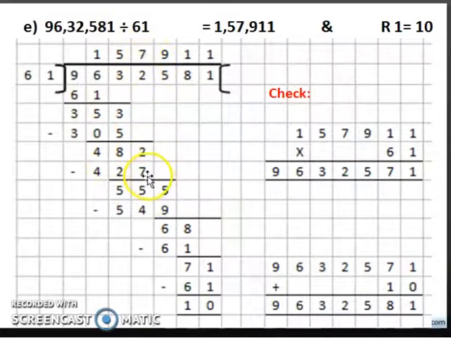So 7 1s are 7 and 7 6s are 42. Subtract, you will get 55. Copy down 5. Now 8 6s is 48. Right? So 488. It is 2 less. Try with 9. 9 6s is 54 and 9 1s is 9. So you again got 549 by multiplying it by 9. You can use your rough column here, or if your mind can do it orally, you can do that. Subtract it, you get 6, copy down 8, 1s are 61, minus करके 7 आएगा, copy down 1, 1s are 61 and 10 remainder.